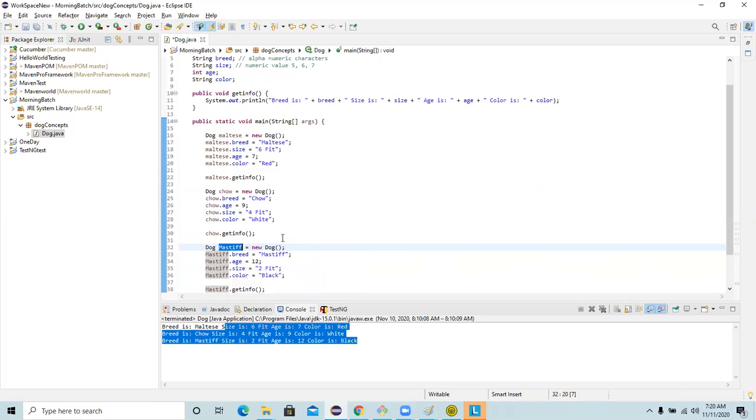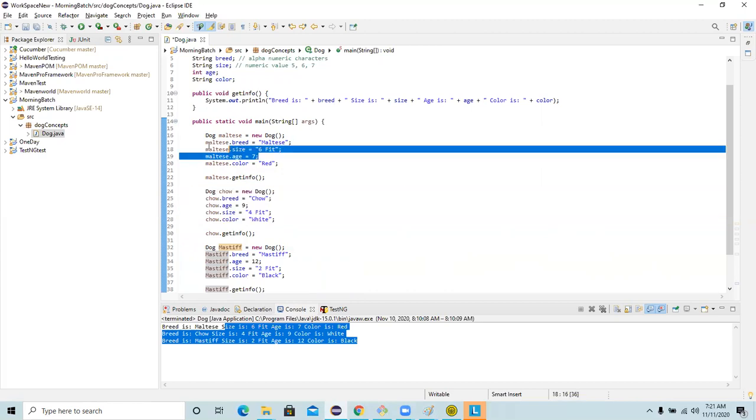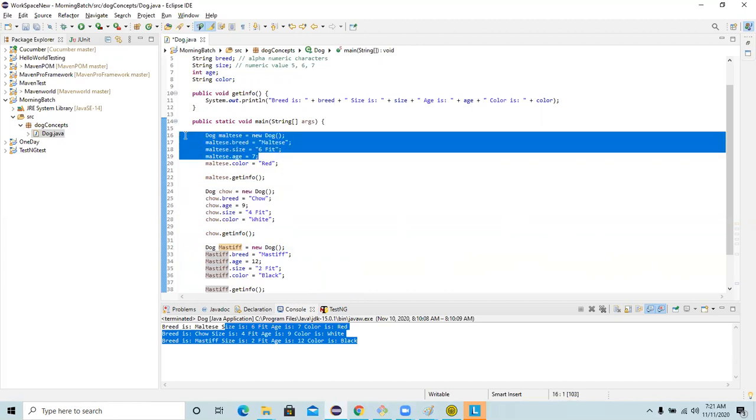Another thing here is, when you create any object, so I created one object here. Java has one concept, which is the Java heap. So Java heap is nothing but